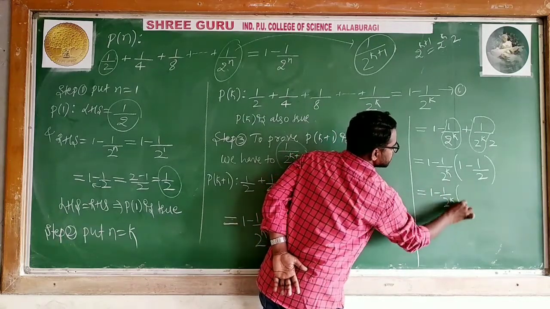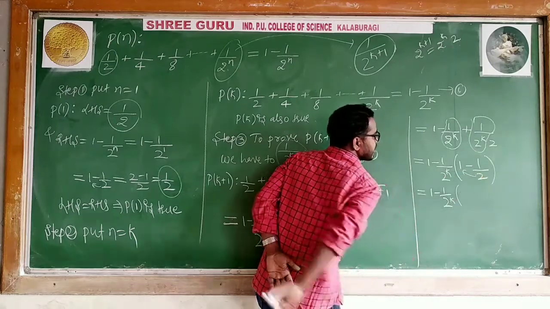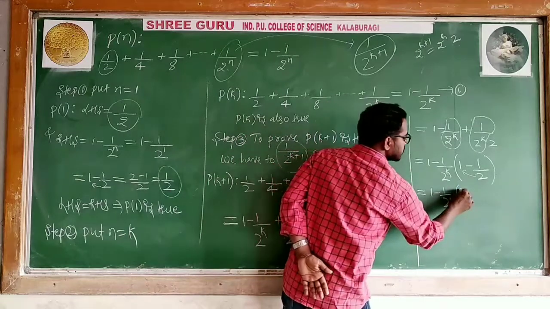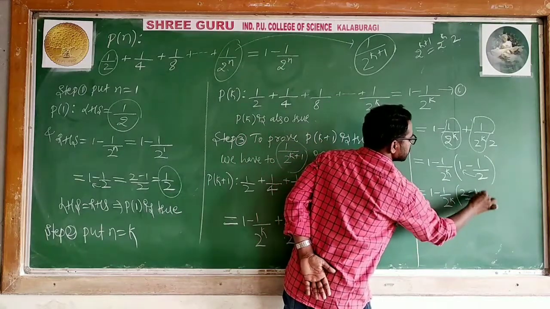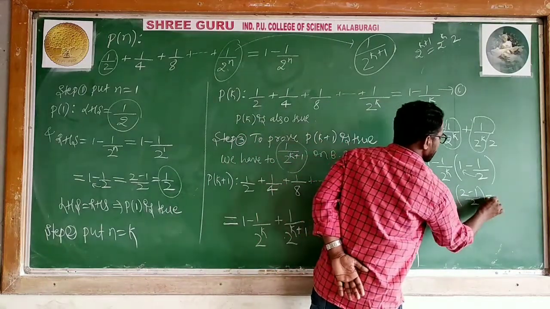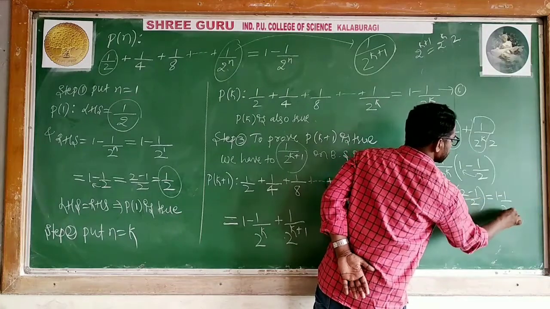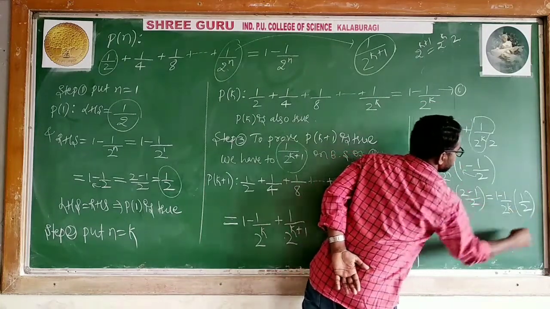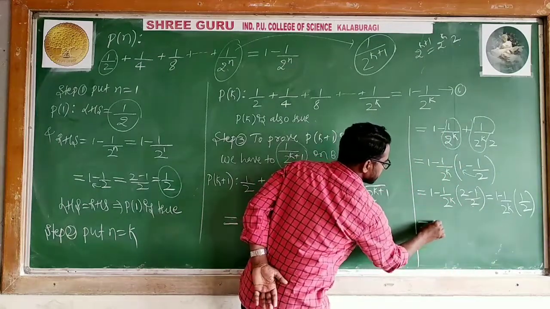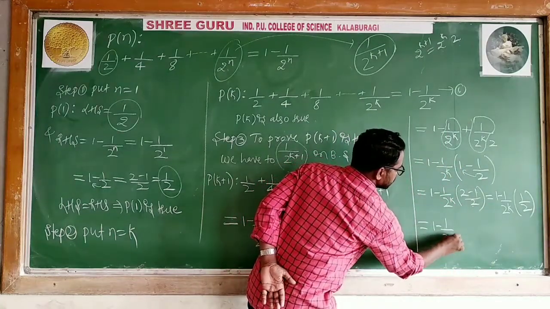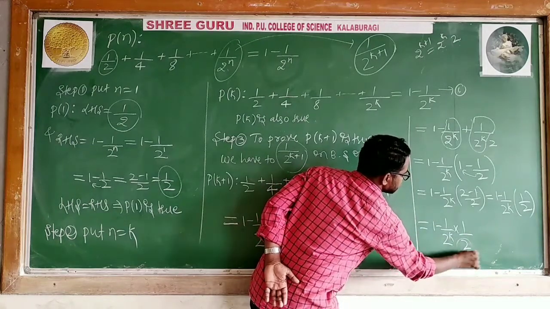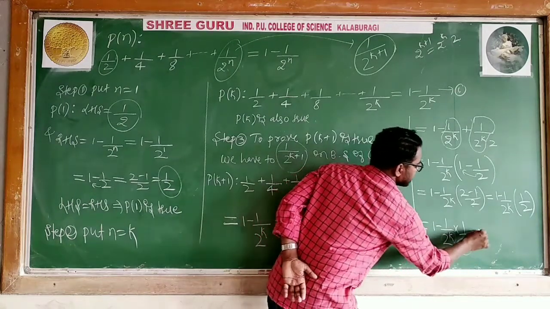Okay. What is this? LCM. 1 minus 1 by 2 is plus 1 by 2, no? Is it like 2 minus 1 divided by 2? What happened? Nothing. 1 minus 1 divided by 2 to the power k into 2 minus 1 is 1 by 2. Yes, what remains? See there, what remains is 1 minus 1 divided by 2 to the power k into 1 divided by 2. Again bases are same, powers you can add, means what remains?